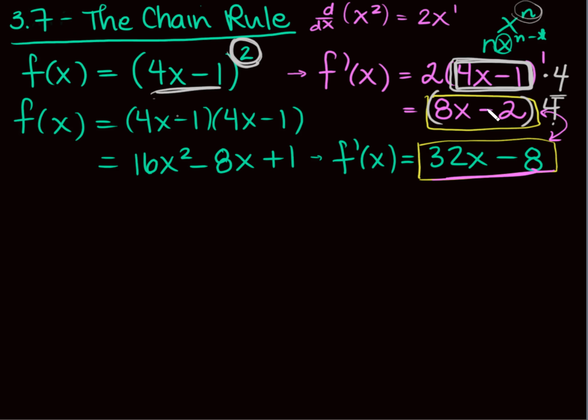And notice if we did multiply by that 4, I actually do get the derivative that I know is true. So let me give you another example. I really like this example in your book. So let's say we have